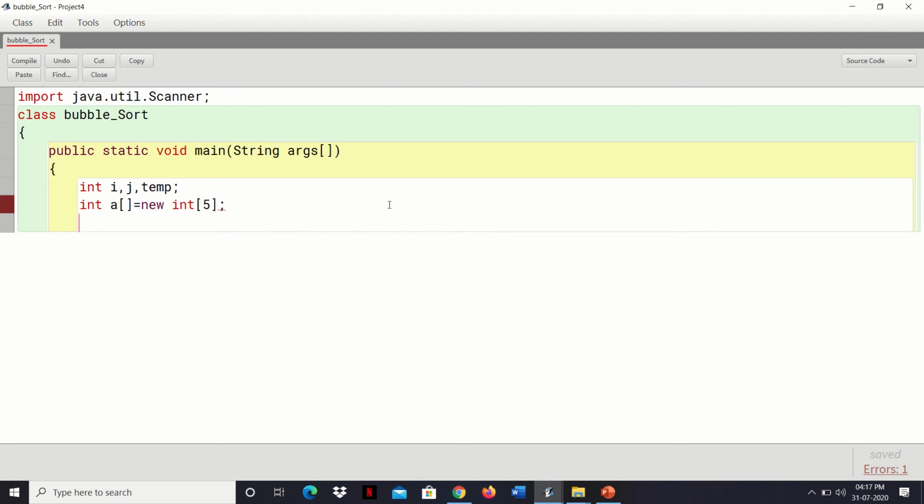Now we'll take input to the array, so we'll create an object of the Scanner class. We should write the code very smoothly, and it should come automatically, stepwise. We need to think about what is to be done. Array creation done, we need input to the array, so we need to create a Scanner object to take input: new Scanner(System.in).